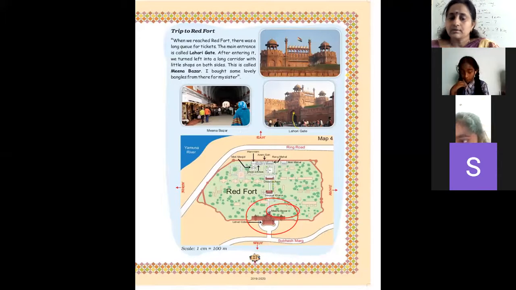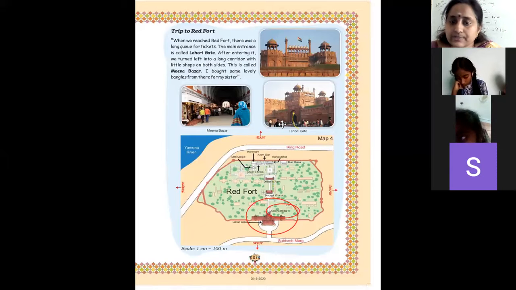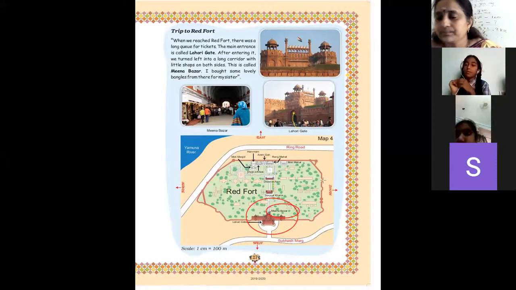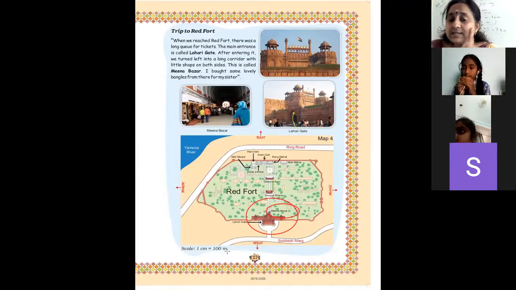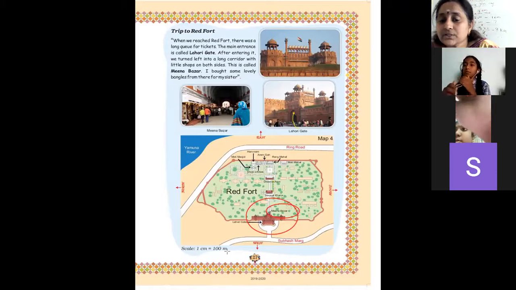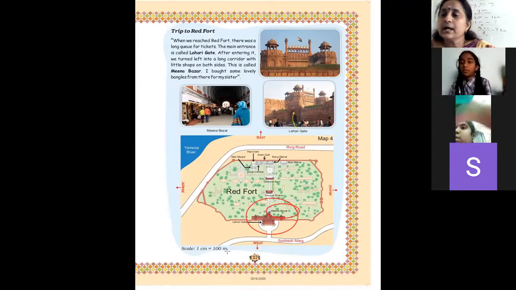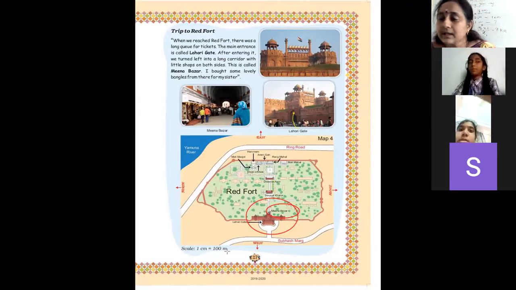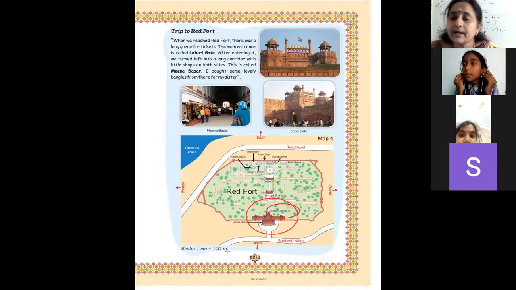Okay. So here the scale is given, observe this. Again here we have the 4 directions: east, west, north, south. The second point is the scale: 1 centimeter equals 100 meters. As I told you, it is our choice to select the scale. You can take 2 centimeters equals 100 meters also. But here it is given as 1 centimeter equals 100 meters.